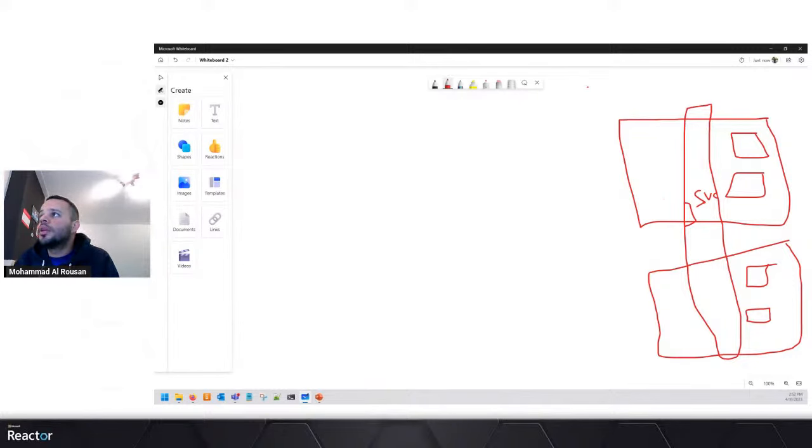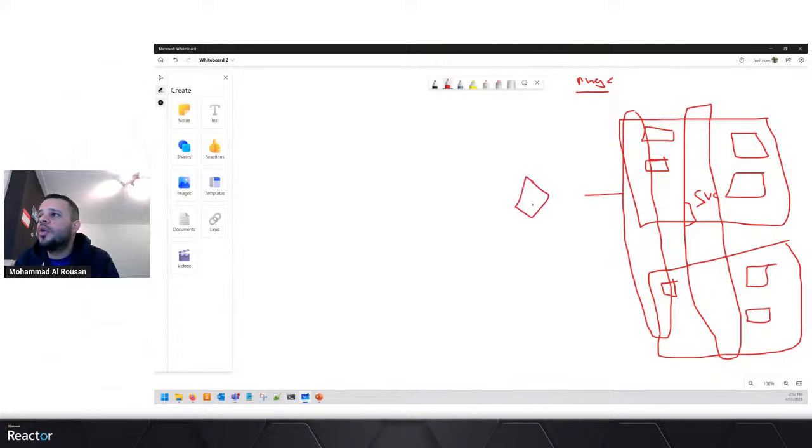Now, with the Nginx controller, we create Nginx pods here actually, and in front of them it will create a service. And outside your cluster, it will deploy a load balancer.